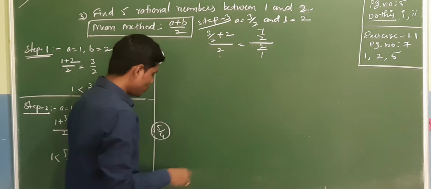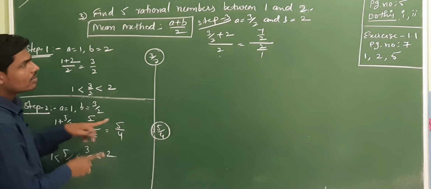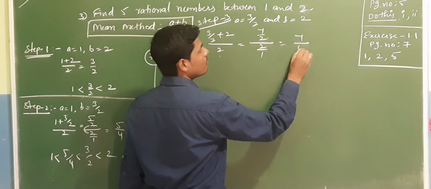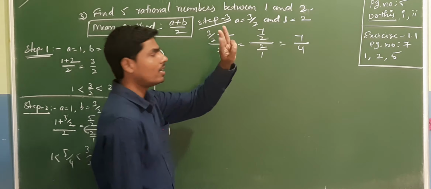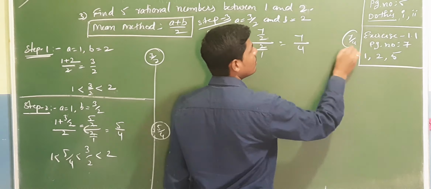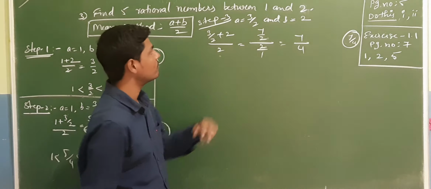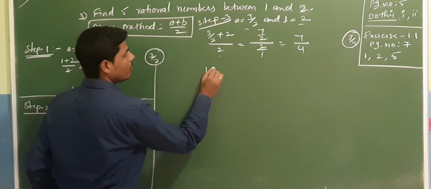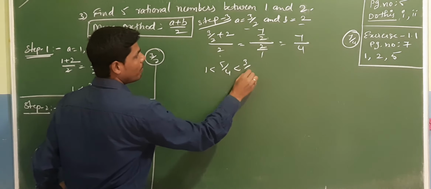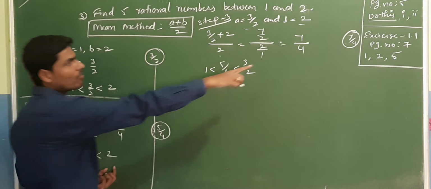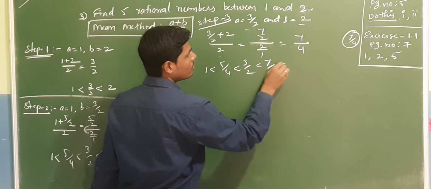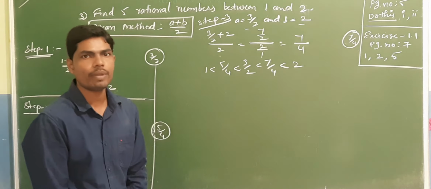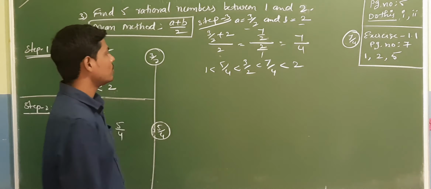You can take 1. So just like here, how you multiply these two, here also you multiply these two, it is 7 by 2 2s are 4. Now this is the third rational number that you got, 7 by 4, and it is in between these two. So now write in the flow: 1, 5 by 4, 3 by 2, and between 3 by 2 and 2, what did you get here? 7 by 4 is less than 2. In total how many did you get, children? 3 rational numbers. How many more do we need to find? 2 more.